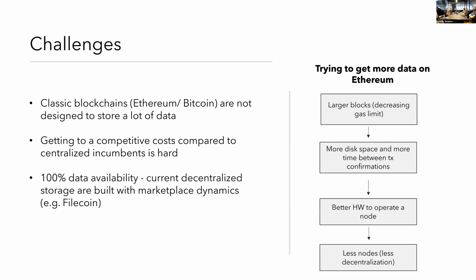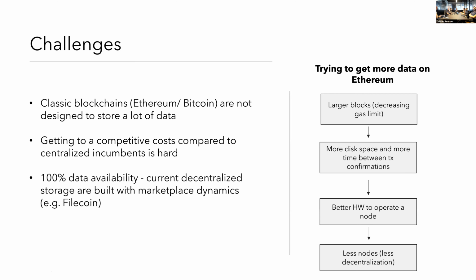And the challenge around building a decentralized storage network is that the classic architecture of blockchain is not designed to store a lot of data. Those of us who use blockchain day to day all know it's a big problem. If you want to put more data on Ethereum, you have to increase that. You have to have larger blocks, so a higher gas limit, and you need more disk space, more time between transactions, and better hardware, and then you don't have decentralization because the hardware requirements are too heavy. But when you are planning a decentralized storage network, it doesn't make sense